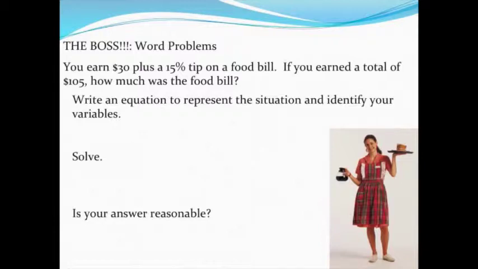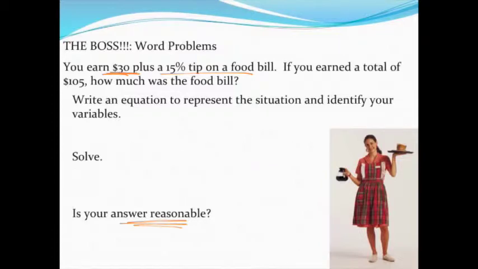In this case, it looks like we're working as a waiter or waitress. We're making $30, and then on top of that $30 we're getting 15% of whatever the food bill is. And we're going to assume in this problem, because later on they're going to ask us if our answer is reasonable, that this is an entire day's worth of food that people have ordered. So we make $30, and then in addition to that, we're getting 15% on top of whatever people are